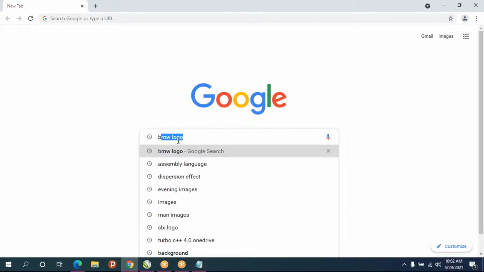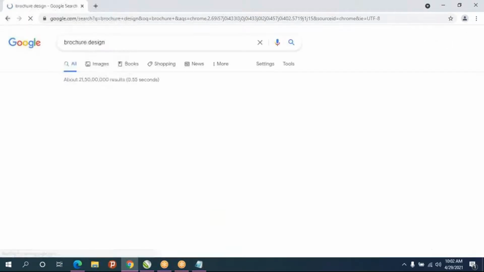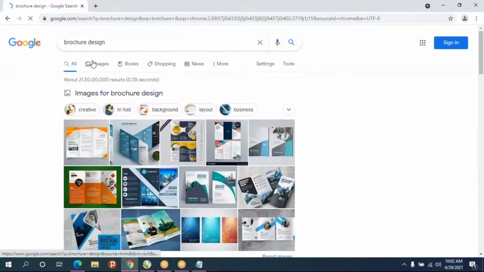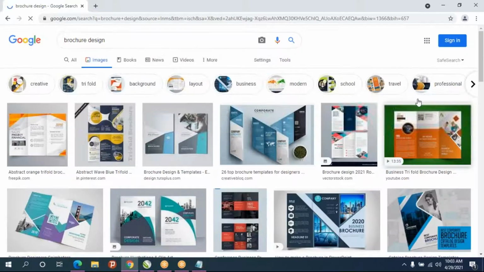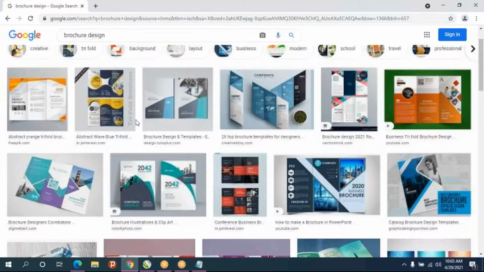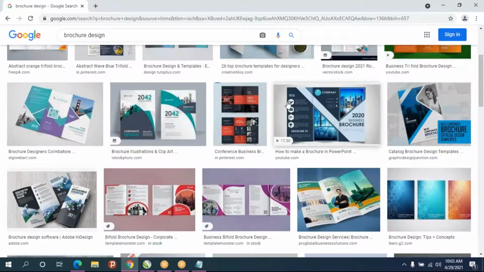If you go to internet, just type as brochure design, you'll get lots of brochure designs. Before learning, try to create something that's available on the internet, like that you try to create, then you have to create your own designs.